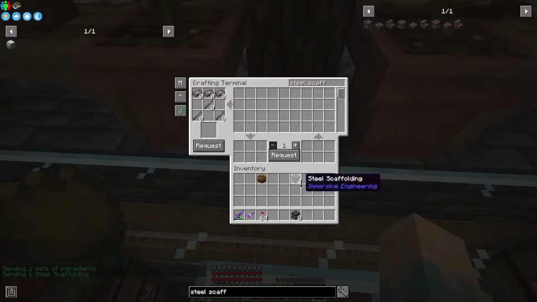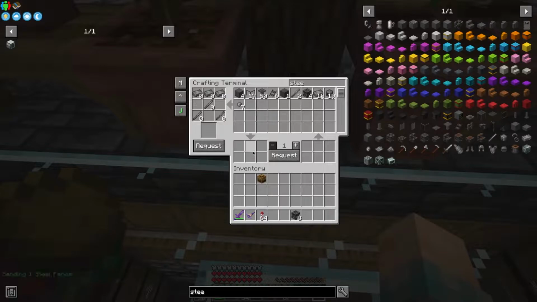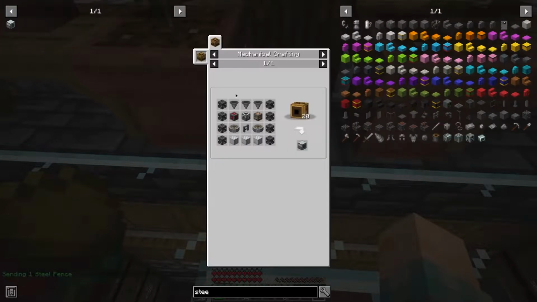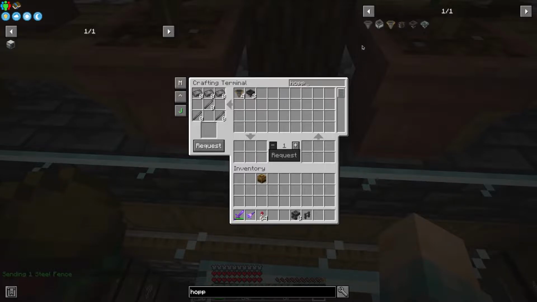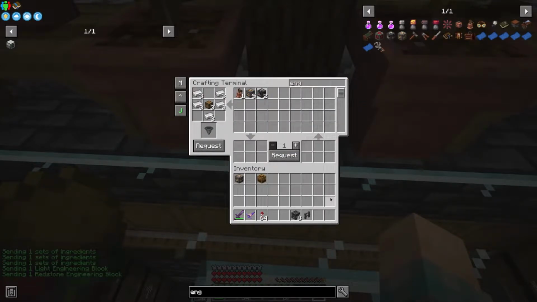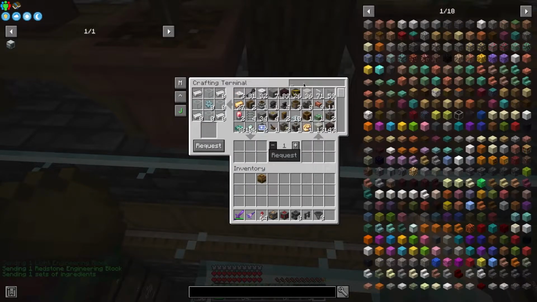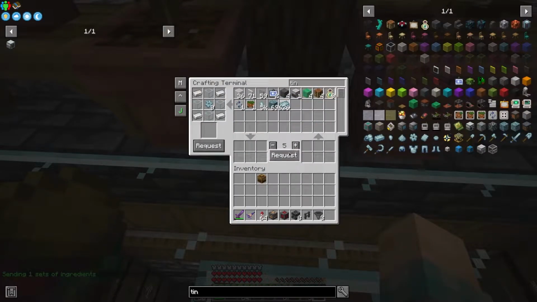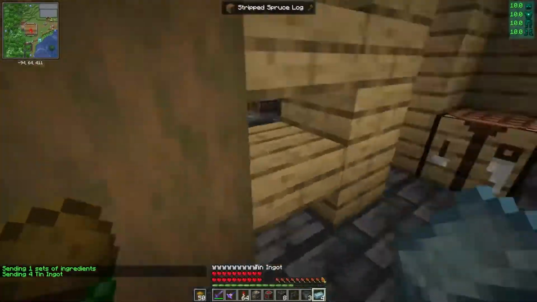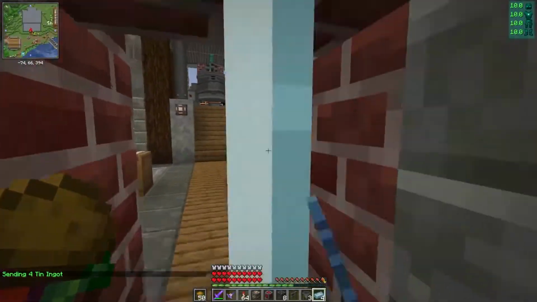And we'll only need 8 of them. We will need a steel fence, 3 hoppers, and it looks like we will also need engineering blocks. So we'll need 1 light, 1 redstone. We'll need a machine frame, which is everything here. And then we're going to need some tin, so let's grab a tin gear. And I think with all these resources, we should hopefully soon be able to get what we're going